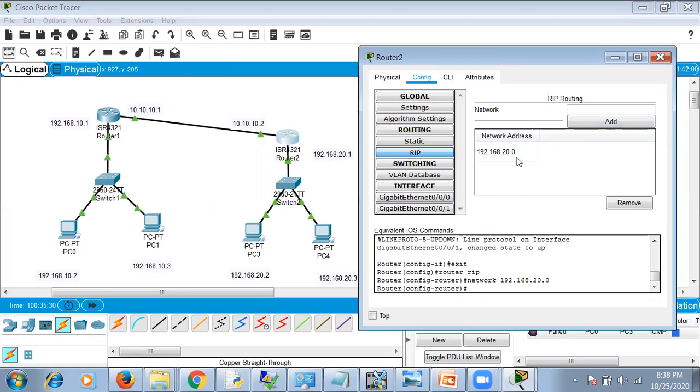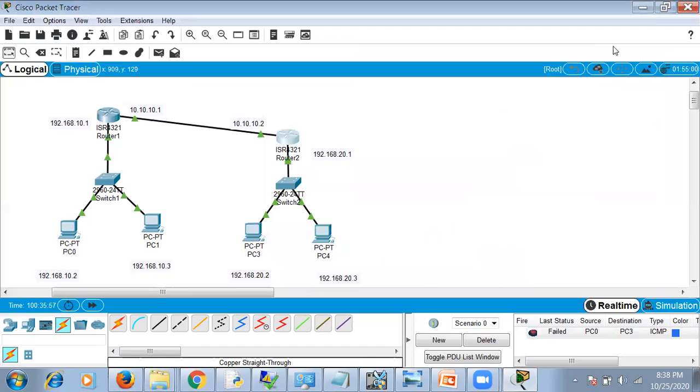It doesn't require the fourth part of your IP address. For the other network that is connected, it will automatically remove the host portion because this is sufficient for it to calculate the route. So we have set up the addresses.